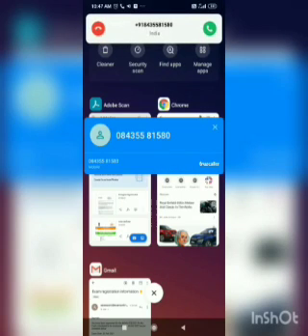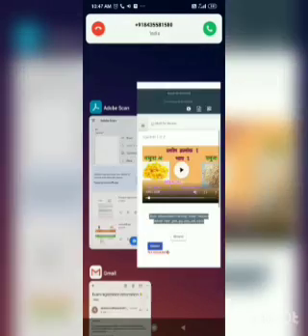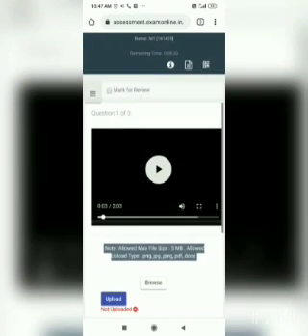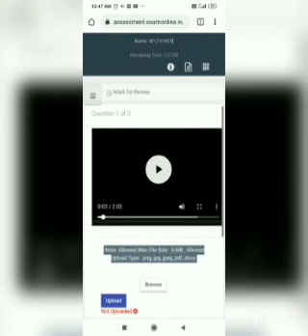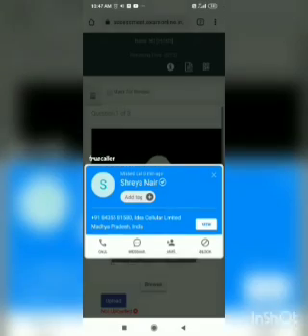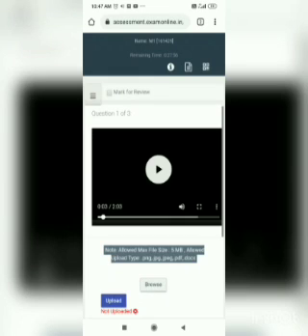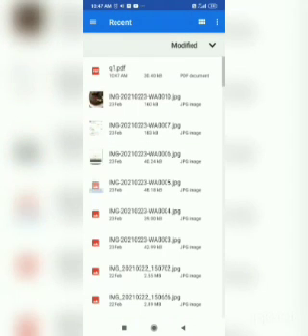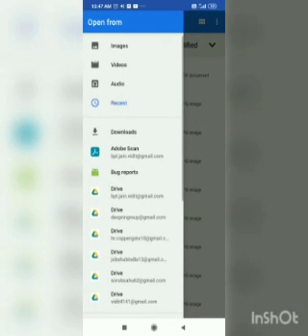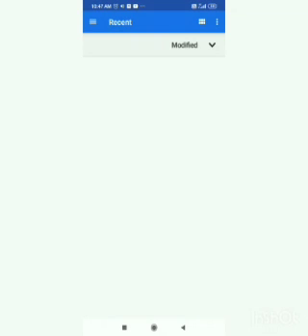When your examination browser has been opened, you have to simply click on this browse button as mentioned below the video. When you click on this browse button, you have to choose an option of files, as you can see here. When you click on the files, you can see multiple files. Your scan file named Q1 is shown here. You can simply select your file which you have recently scanned using the application Adobe Scan.